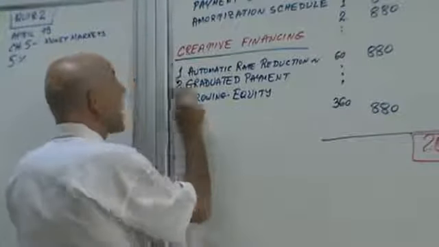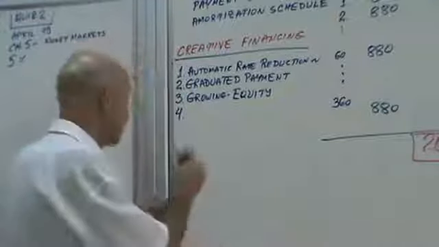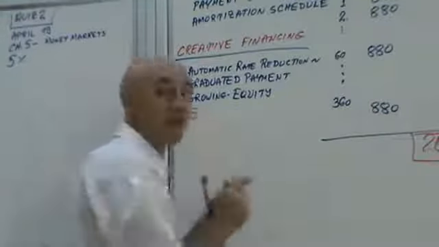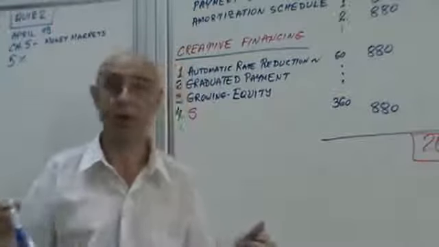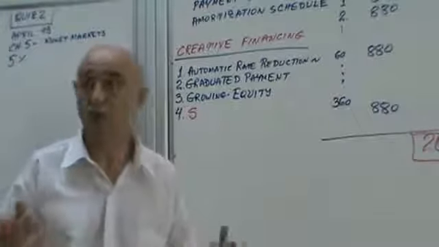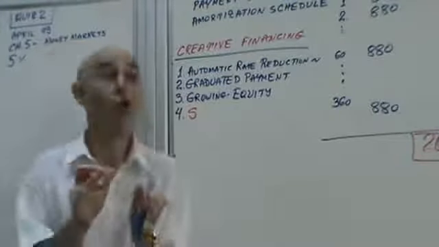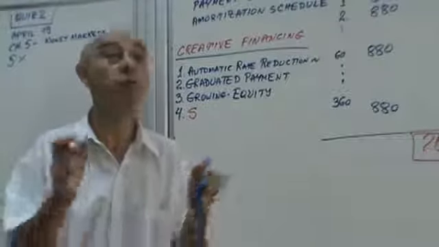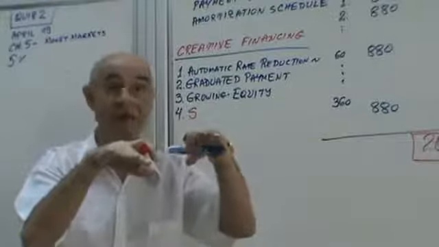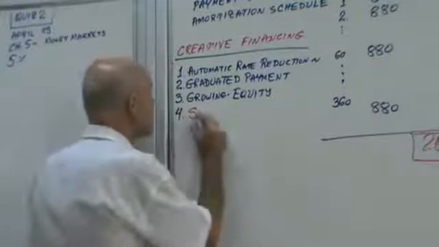Next is not exactly creative financing, it's simply a second mortgage. Let's write it in red, it's relatively important. And it's very common with poor American people. Second mortgage is a true sign of genuine poverty. You know, poor people don't have money. Poor people owe money. When you owe money, when you have debt, you're below poverty. So, second mortgage